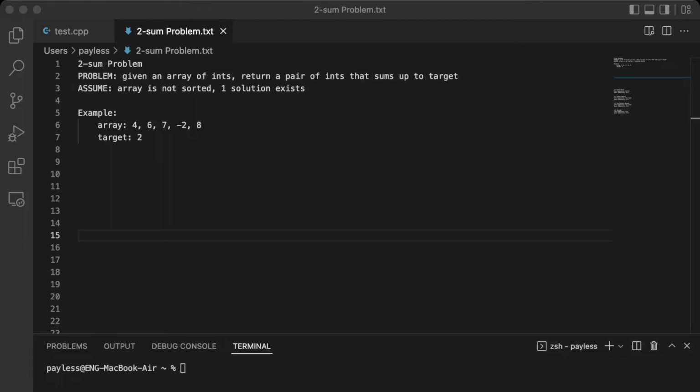Hi everyone, I would like to talk about the two-sum problem as my intro to algorithms series. It's a very classic problem that gets asked in many interviews. I was asked about this problem in a recent interview, so I would like to talk about 4 different ways